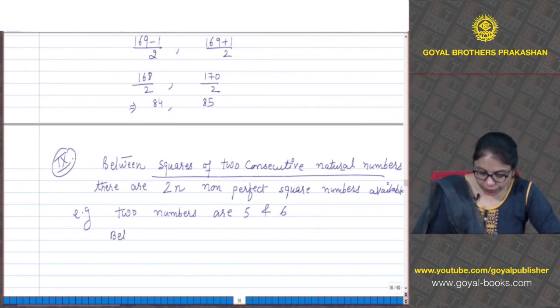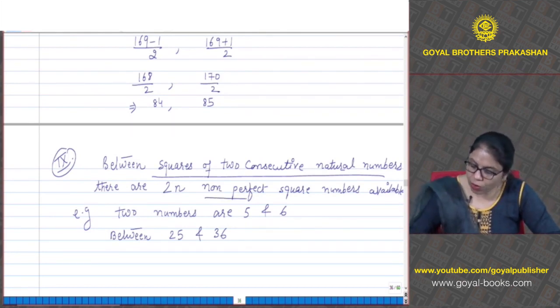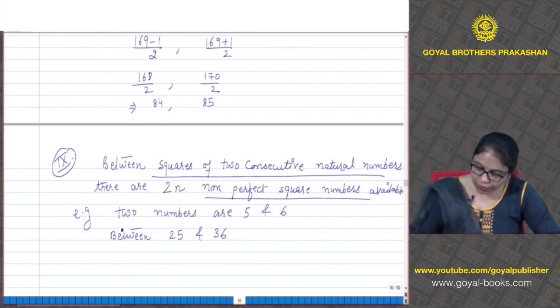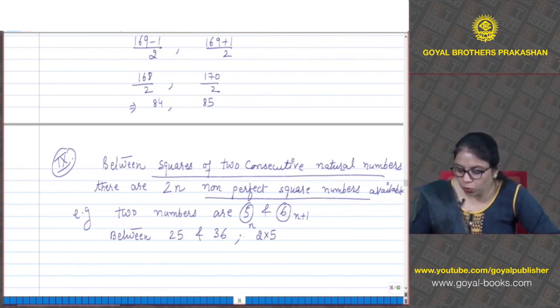So between squares of these numbers, that means between 25 and 36, how many non-perfect square numbers are available? 2n. n is 5, this is n, and the next number is n plus 1. So between 25 and 36, 2n, that means 10